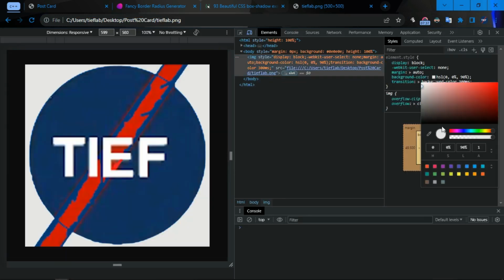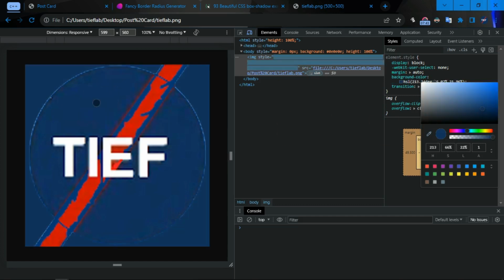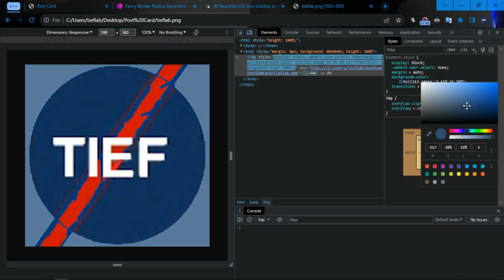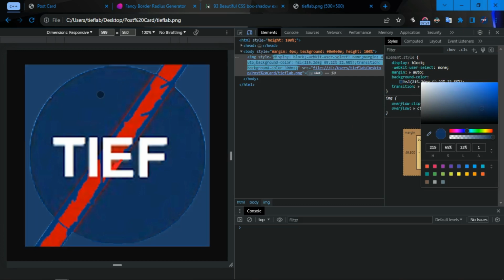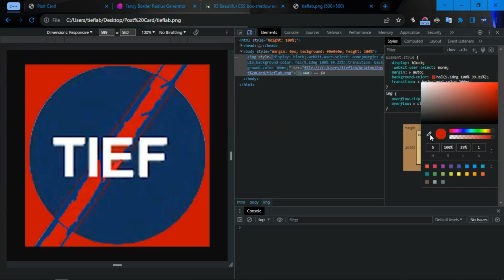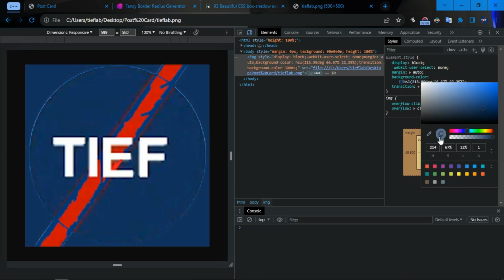Pick up this little pen here, and then drag to the color you want to pick. As you can see, the color is changing right now, so it means I'm getting the color that I picked from the image. I think it can be helpful also.